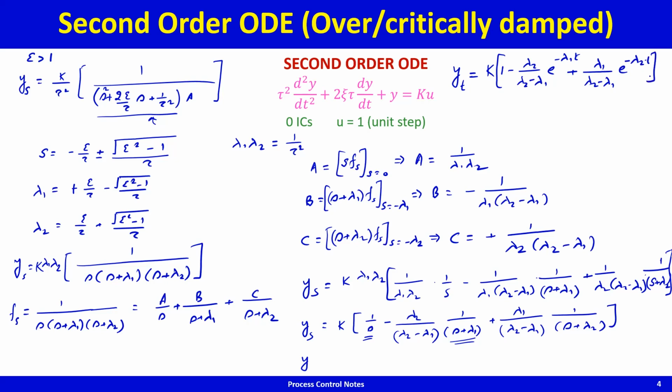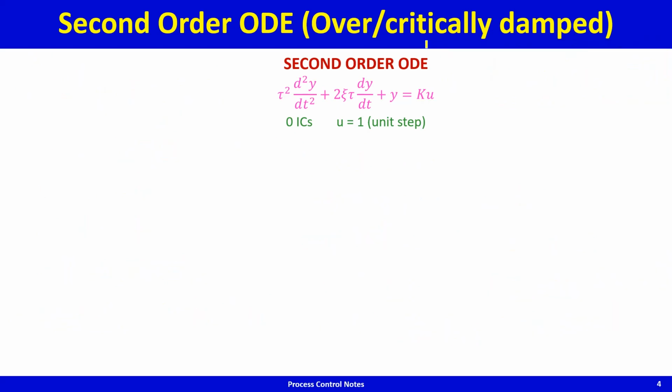So using Laplace transforms, we've solved this second order overdamped differential equation to obtain our analytical solution, the analytical expression for y of t. Having done this, I'll quickly summarize. For the overdamped case,